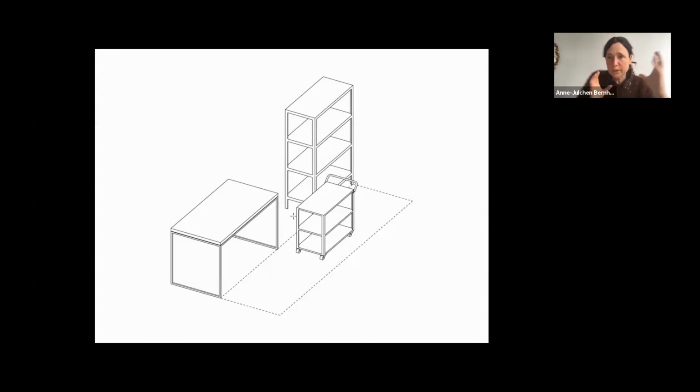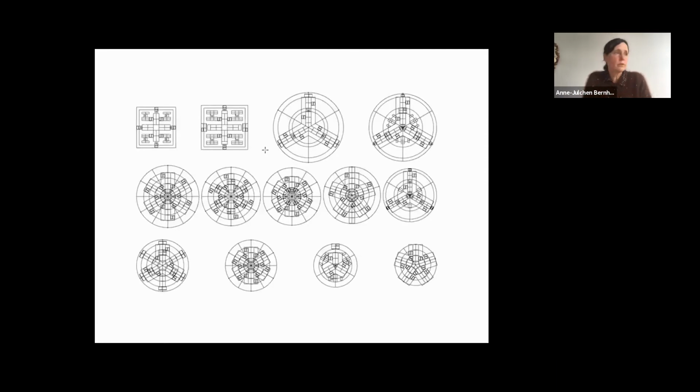So you do this by hand, and from these elements, the table and the small carrier for the things and the shelf, we created clusters of workstations,